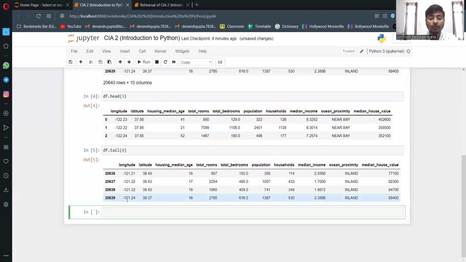Now if we want to get the summary of the data frame which we have used, we can use the info function. This function will help us know the concise summary of the data frame. The code for the same will be